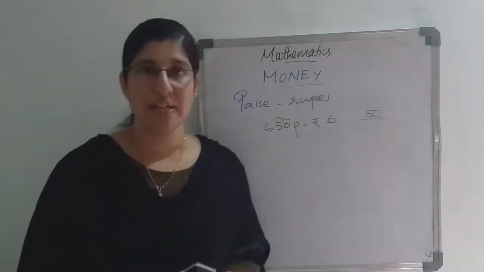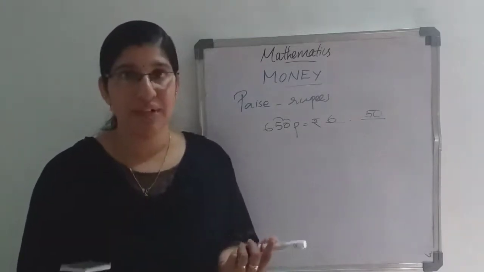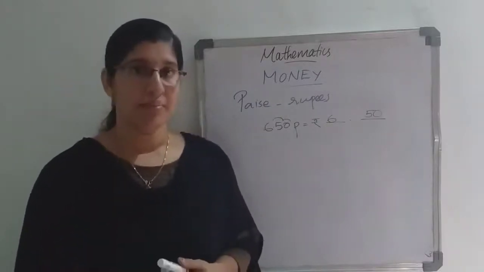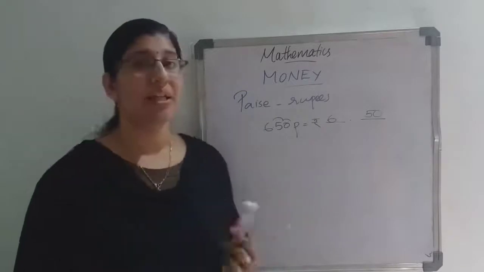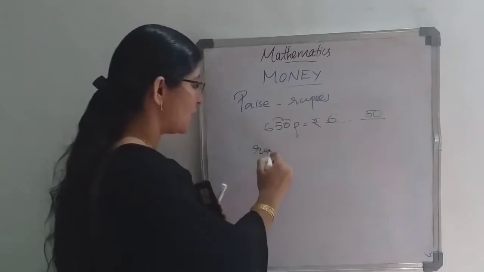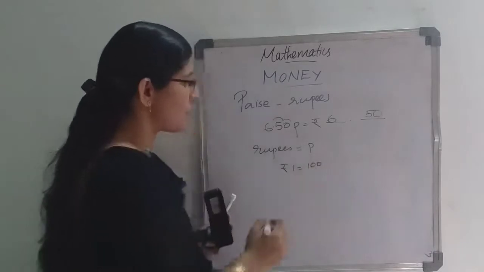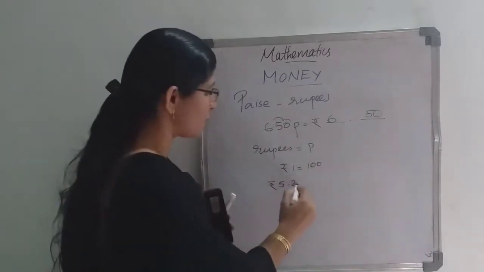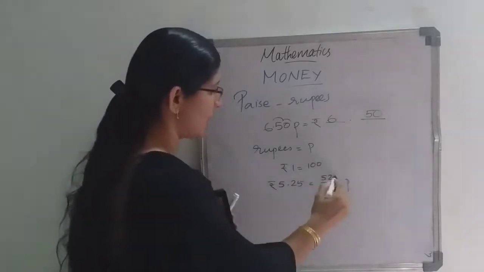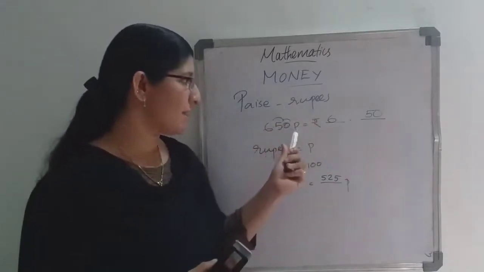In this video we studied how to write the money in figures and in words, and how to say the money. If it is 2 rupees 50 paise, like that we have studied how to read the amount, and we studied the conversion of paise to rupee and rupee to paise. If you want to convert rupees to paise, I already told you that 1 rupee is equal to 100 paisa. So whenever you want to convert 5 rupees 25 paisa into paisa, you have to remove the symbol and dot, and write together.